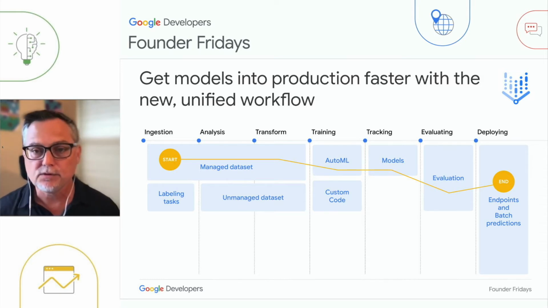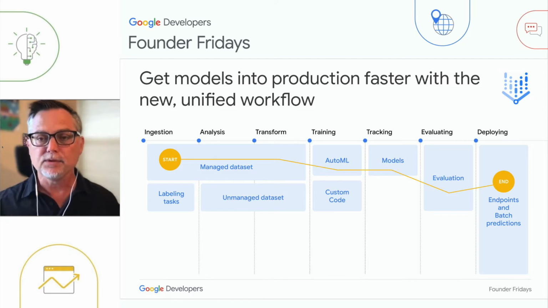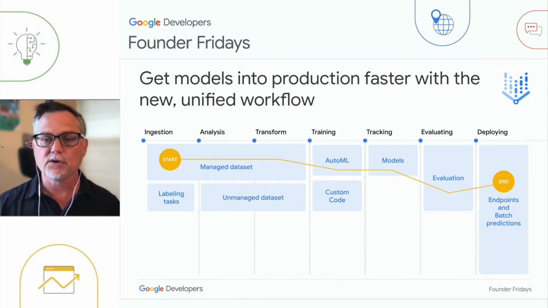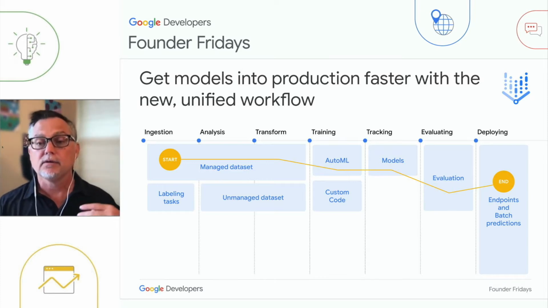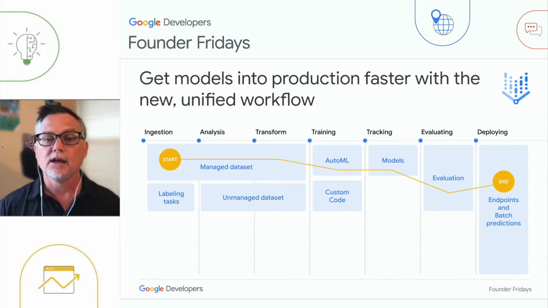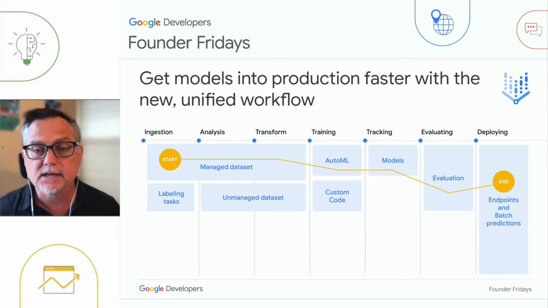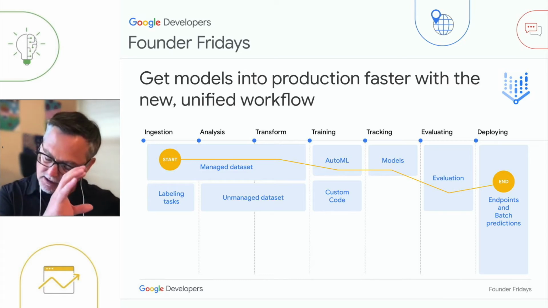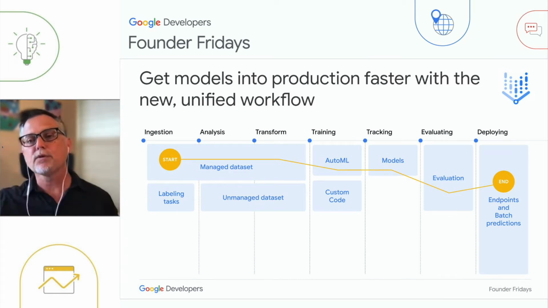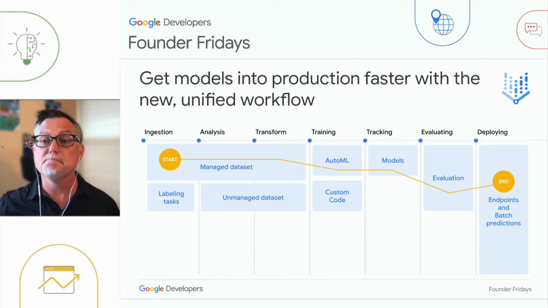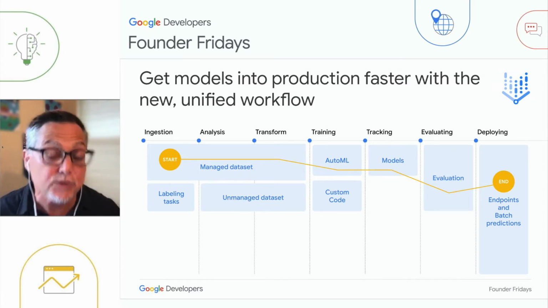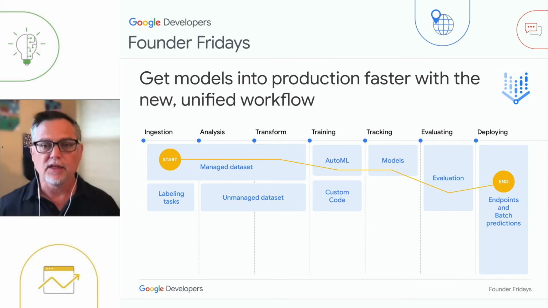And typically, anyone who's done machine learning knows that in the pipeline, the process, 80% of the work is figuring out how to wrangle your data, how to manage your models, how to improve your models. And so across the spectrum now, Vertex AI allows your data science team to do things like ingest your data, label your data, all the way through to deploy your models, and then manage those models over a period of time as you get more data, as you get more examples. So that's what Vertex AI is.